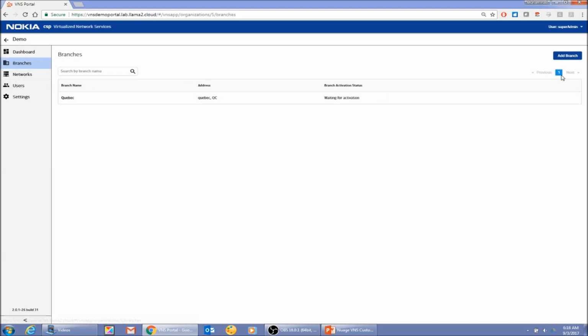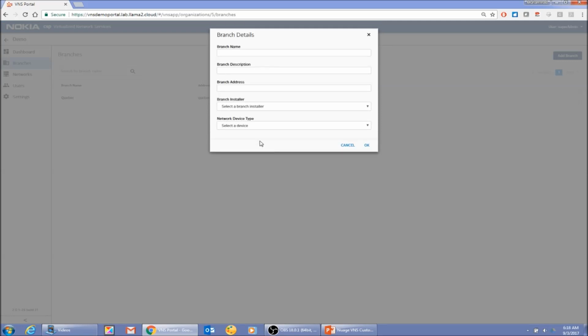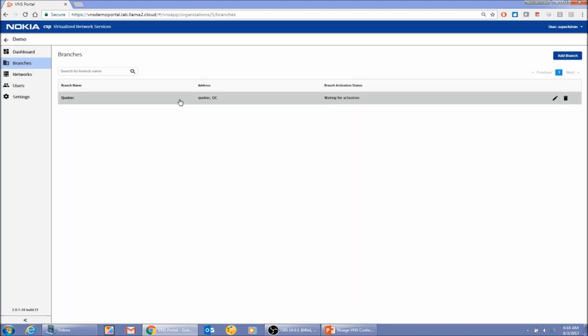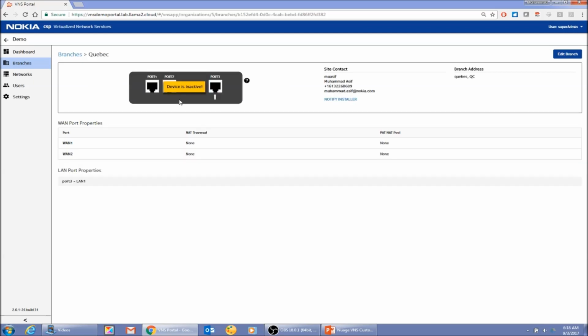Now if I want to add a new branch here, what I expect is that the templates available here are two of them. One of them is coming because it is global, so everybody has access, and this one is particularly designed for this customer. So that's exactly what I was trying to highlight. Now if I go to the detail of this branch, there is a feature where you can